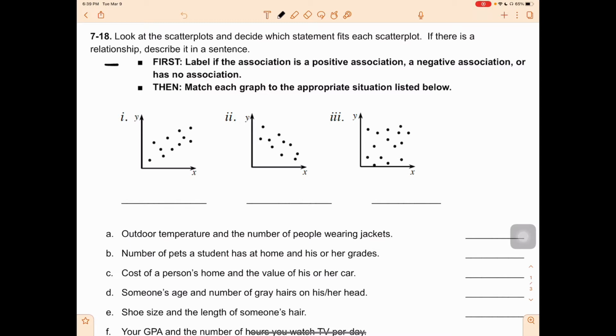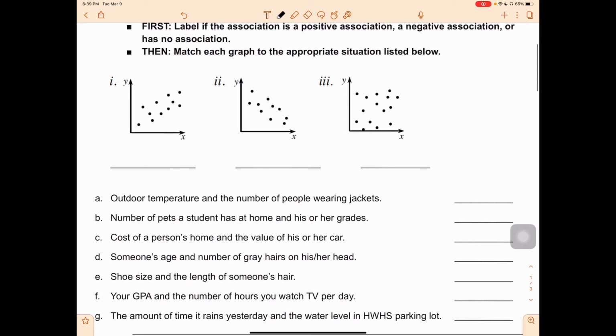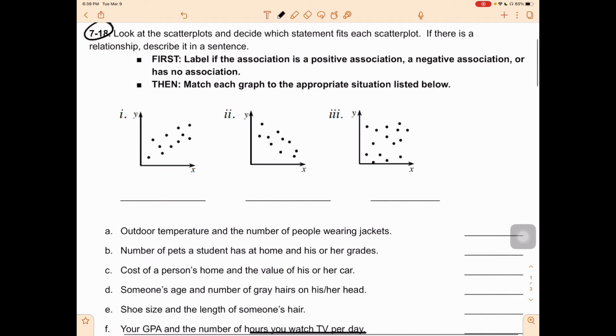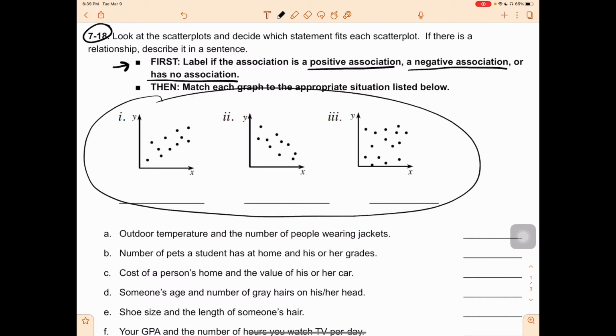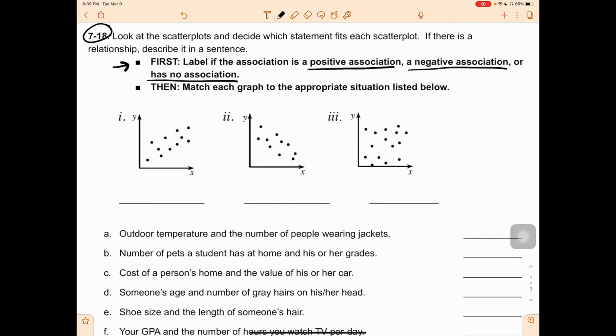So first, I should read these instructions up here. Look at the scatter plots and decide which statement fits each scatter plot. If there is a relationship, then describe it in a sentence. We'll write those down in a sentence. First, label if the association is a positive association, a negative association, or has no association. So we're looking at these three graphs here. I want you to pause the video and try to write down which of these has a positive, a negative,